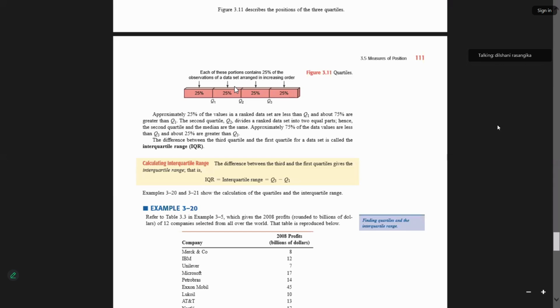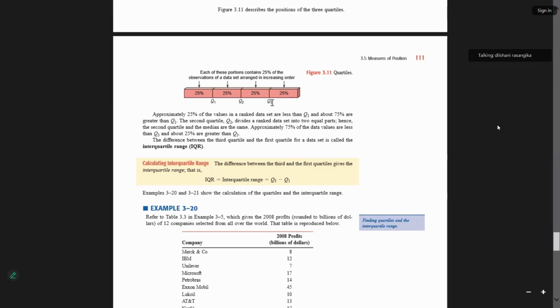If we divide 20 by 2, it equals 10. But to find the Q2, you need to consider the 10th data and the 11th data, and take the average of the 2 data to find the median, or Q2, right? Okay, then